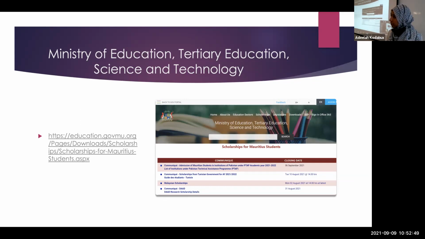So I've tried to contextualize the idea behind doctoral and postdoctoral funding bodies that we have for the Mauritian context, and I've looked for information. One of the first portals that I came across was for the Ministry of Education, Tertiary Education, Science and Technology. What I've observed on their website is that they do post scholarship opportunities for Mauritian students.